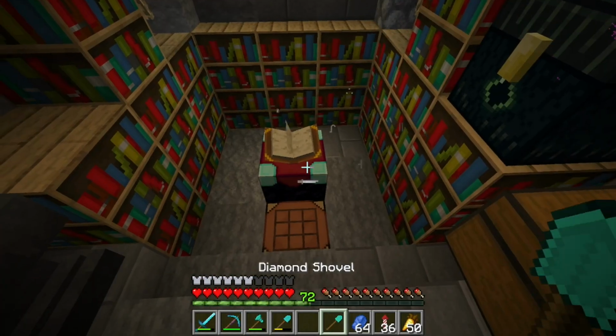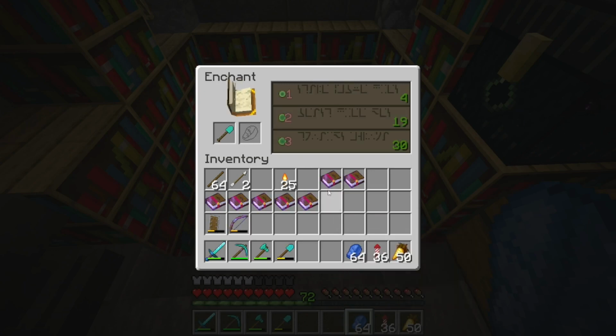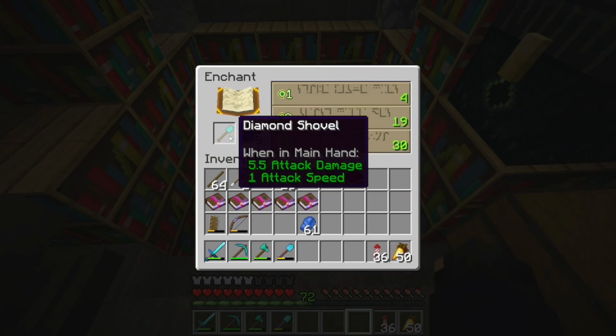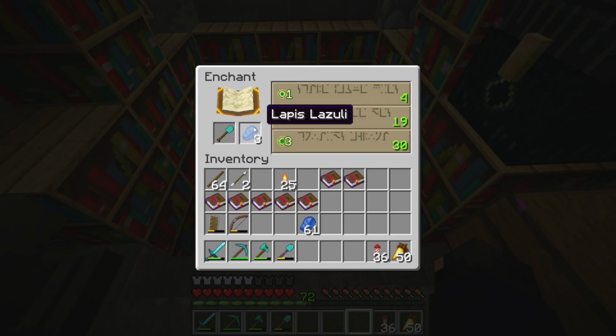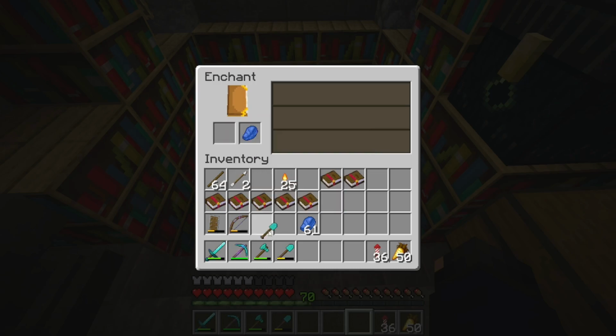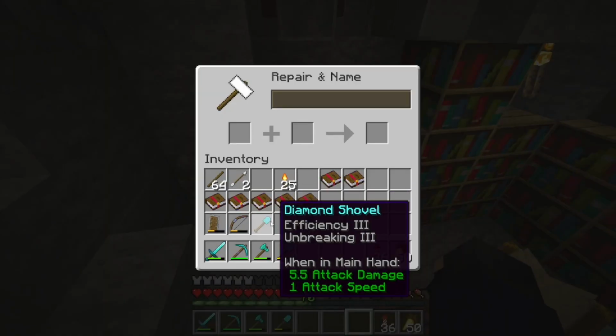Okay, now that we're back in the overworld, let's see what enchantment we can get on our shovel. Efficiency 3, I don't need that. Unbreaking 3, that's probably what I'll go for. Unbreaking 3. Okay, it gave me efficiency 3, unbreaking 3, which is nice, but we're actually gonna add, let's put